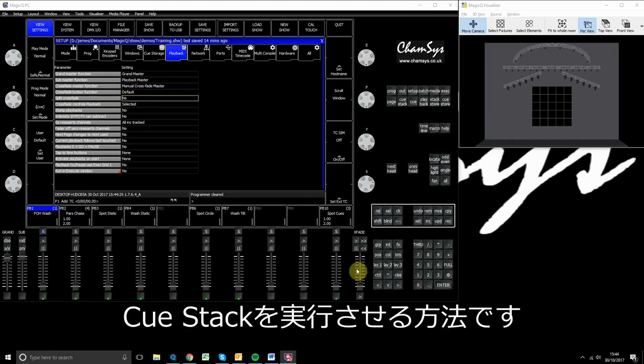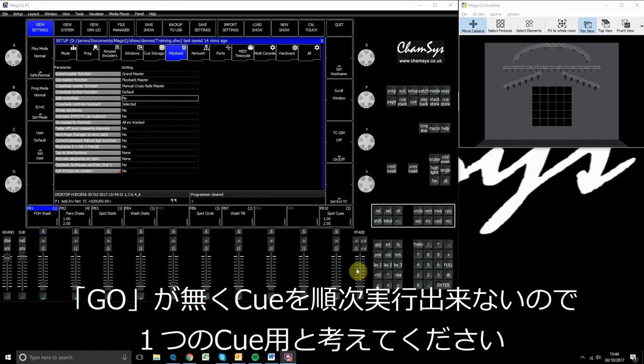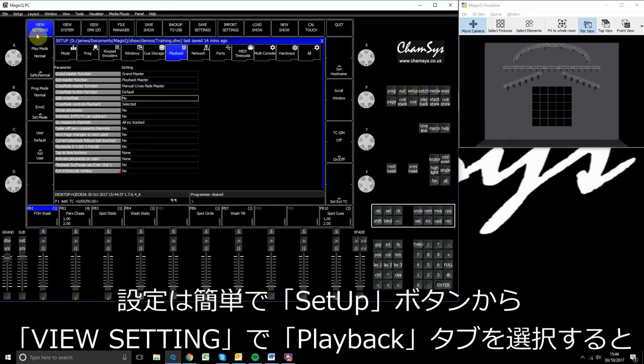these. So this is going to be useful for things like house lights, maybe smoke machines, haze machines and that sort of thing. Things where you don't require the select, go and stop buttons for your playbacks. So just fader only. So to set this up, we go to our setup window, we go to view settings,